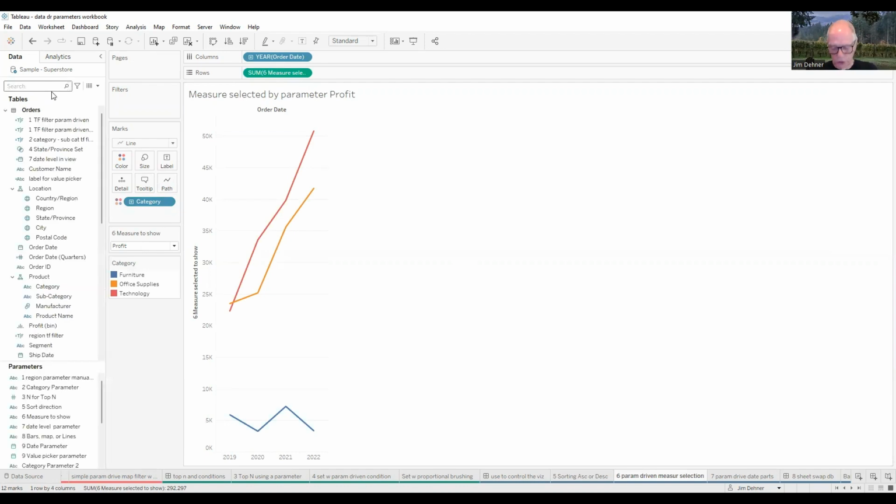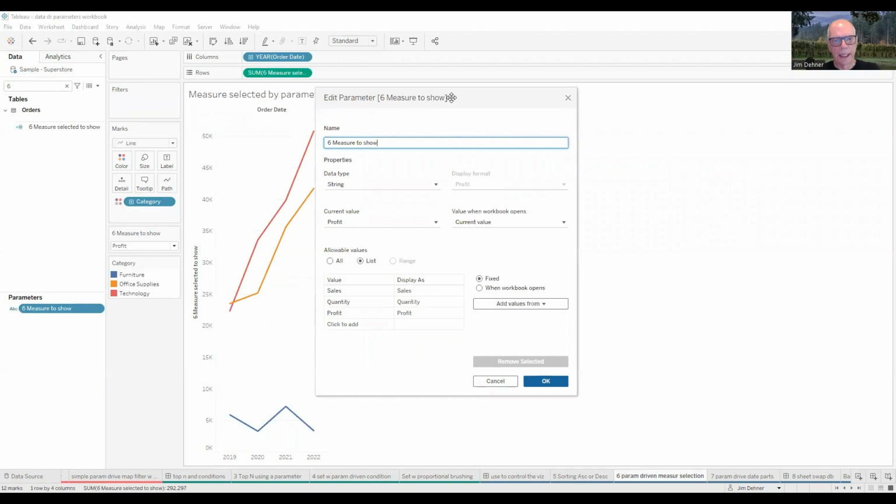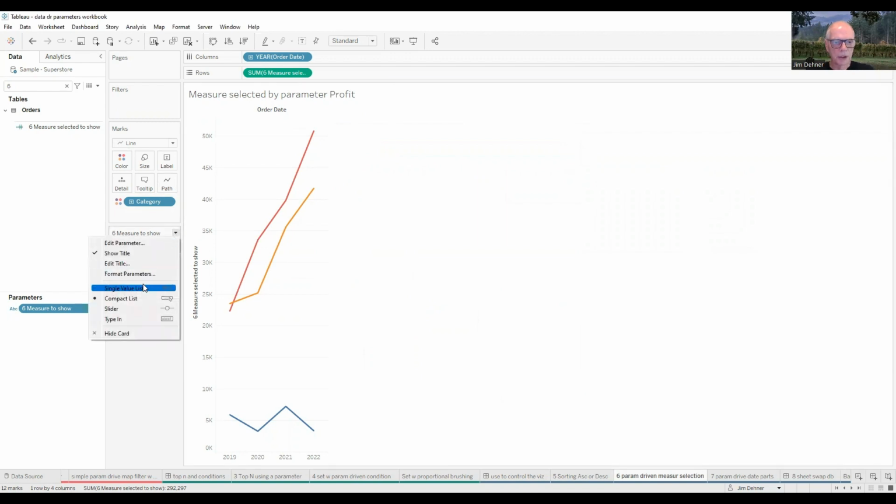Very often we'll have users come in and say, well, I want the user to be able to select the measure that they see on the worksheet. We're going to use that same process here to create a parameter. It's going to be a string parameter again. And now we're going to look at 3 different measures: sales, quantity, and profit. Okay. I'm going to change that into a radio button. And now here, the measure to show